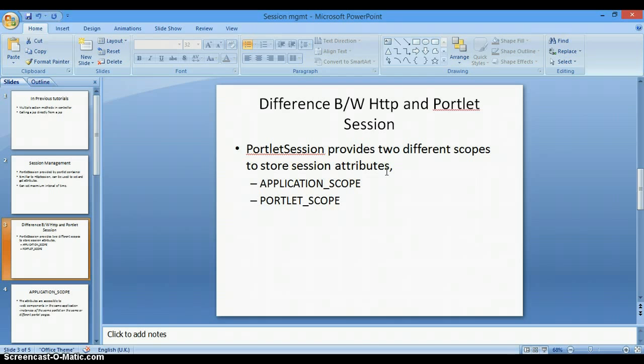Whatever you set in application scope for a session, those values will be available overall to all of the web components in the portal, which are basically your JSPs or your portlets or whatever you talk about in case of web applications. But in case of portlet scope, the session attributes will be available only to that particular instance of the portlet, which we will see further.